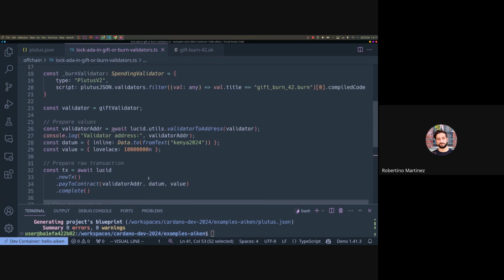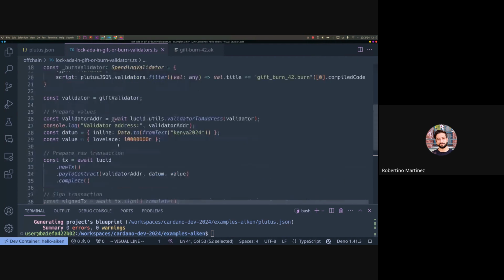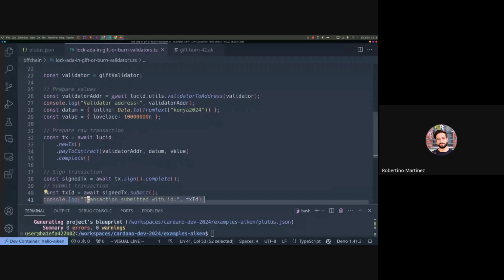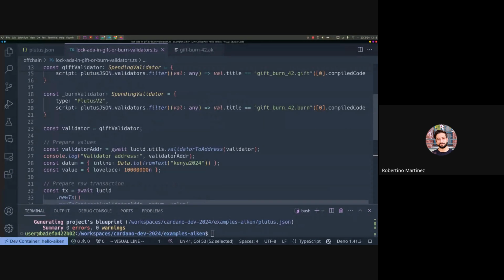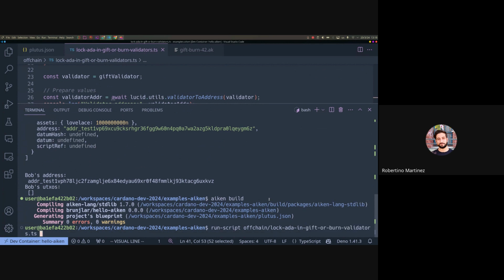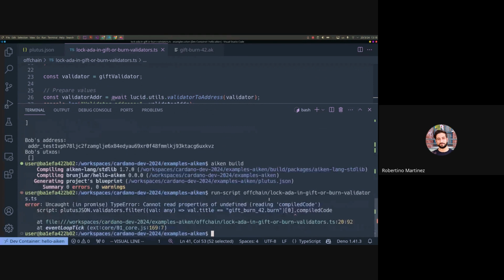So as you can see, it's 40 lines of code. It's not much, but it's enough to create a transaction. It's enough to produce a change in the blockchain. So let's run the script and lock the off-chain, lock ADA in gift or born validator. And if we run this, we have an error because